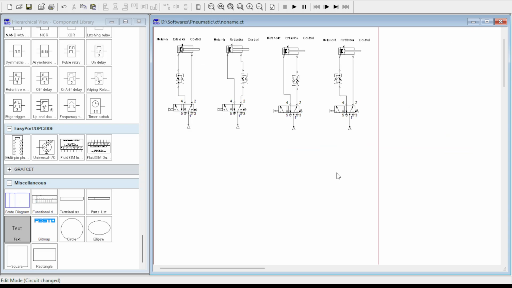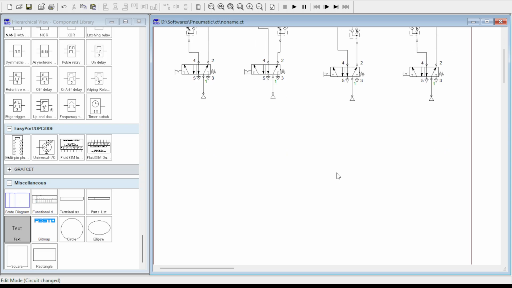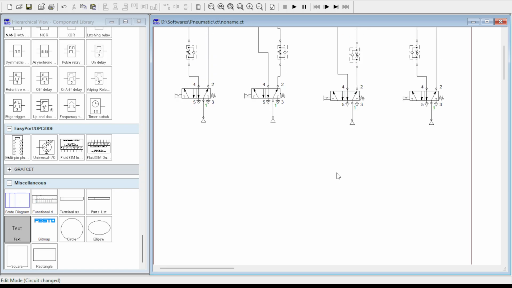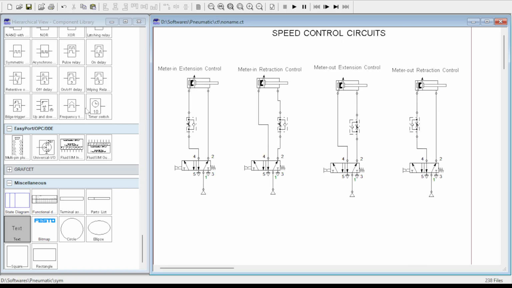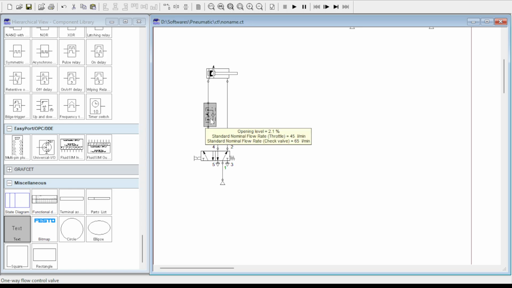We have another variety of speed control circuit, which is called a bleed off circuit. A bleed off speed control circuit, as the name suggests, is basically a speed control circuit which lets out or bleeds out a part of the fluid stream into the atmosphere, such that there is not enough compressed air to cause the extension or retraction of the cylinder.